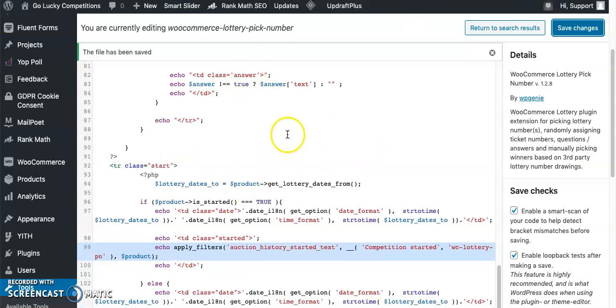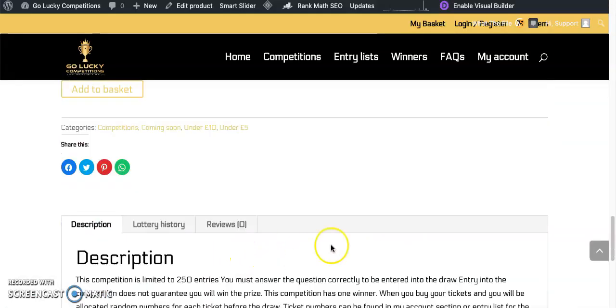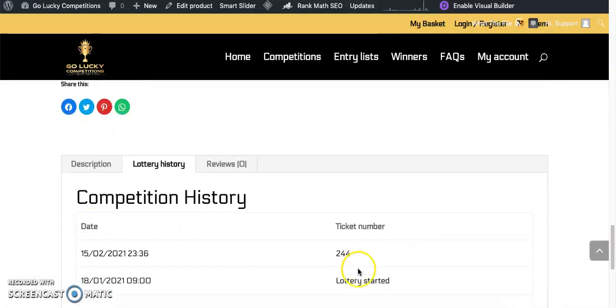Never change code directly from WordPress. Since I am confident enough that this won't affect my website, I am doing so. But if you are editing some external code, or writing some external code, please do not edit your code directly from the WP dashboard. Please do it through cPanel, or FTP is actually the best option. So let's go ahead and check if the word has been changed.